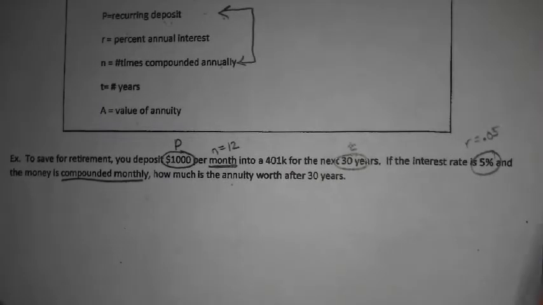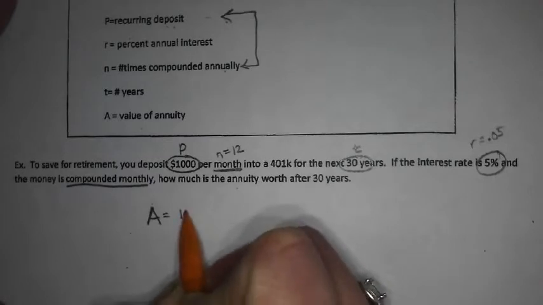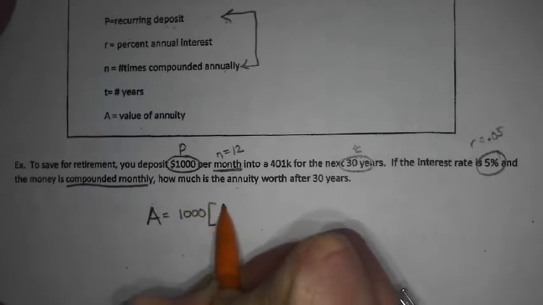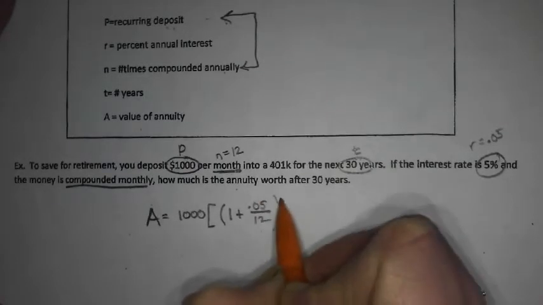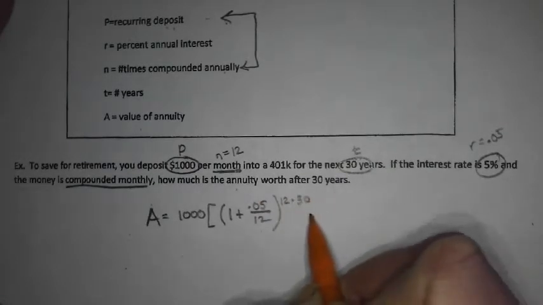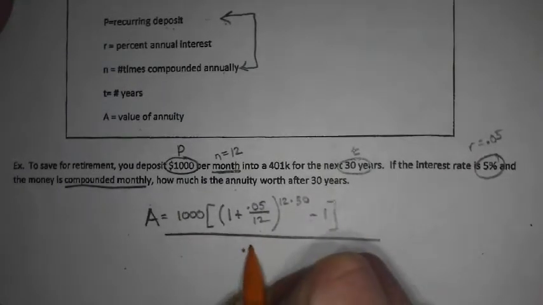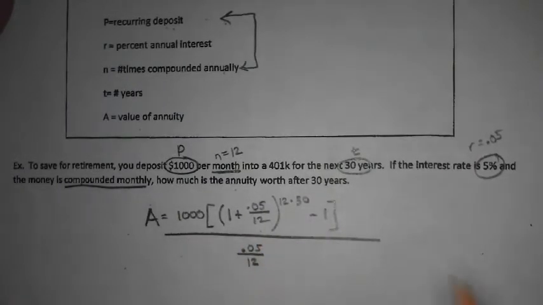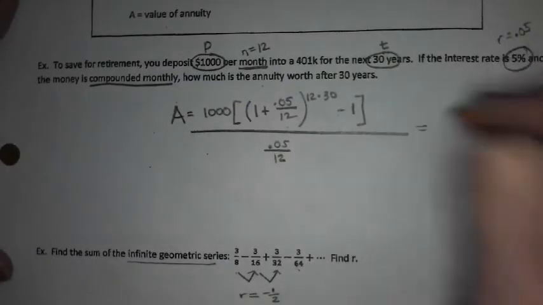Okay, so let's plug in our stuff. We have 1,000, brackets, parentheses, 1 plus 0.05 divided by 12 to the 12 times 30th power minus 1, all divided by 0.05 over 12. So before we crunch this number,